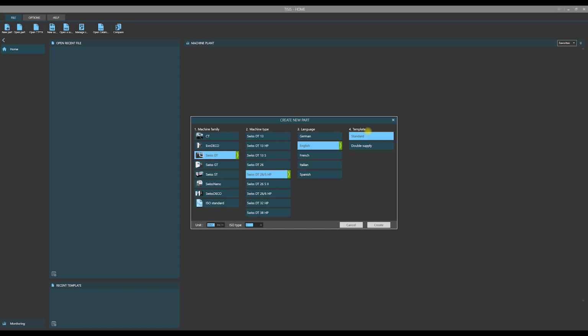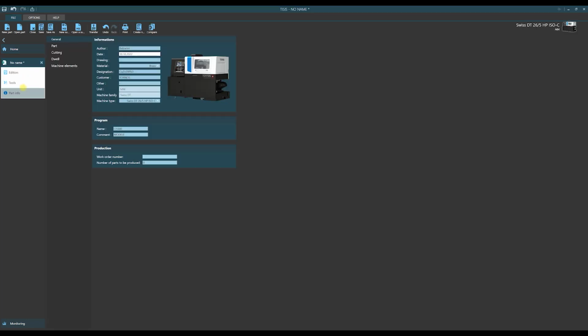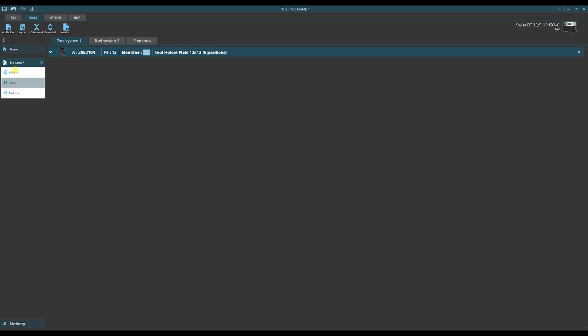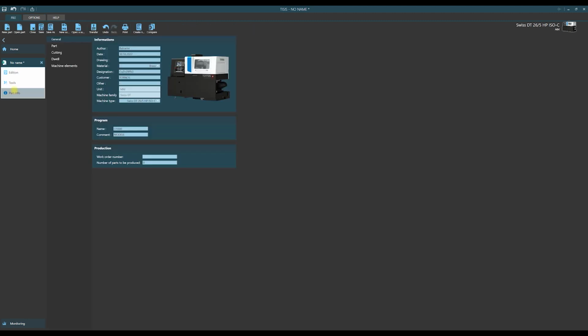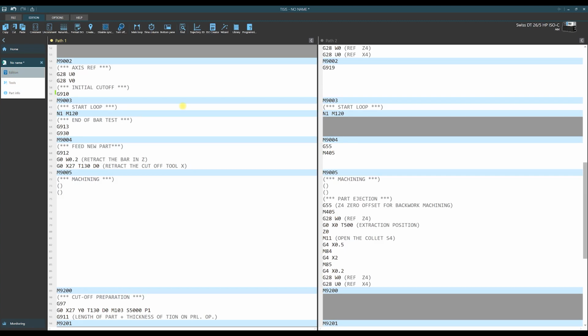What does it mean? It means that we will start our program with some elements earlier prepared by Tornos. Let's click on Create. On the left side, you see all elements of our program. It means part info, tool catalog, and edition, where ISO codes are introduced. You've surely noticed that in each of these sections, we have elements already prepared by Tornos. This is this model.